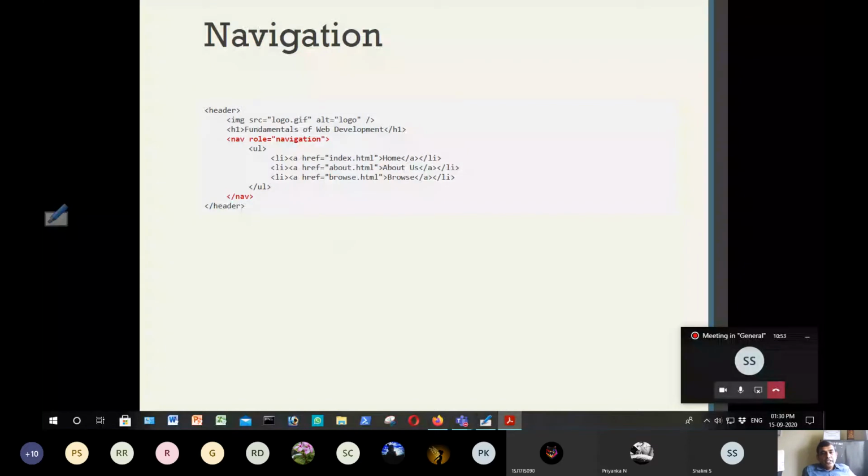Now try to see here, there is a header tag. Within header tag, image tag is there, H1 tag is there. So next you have an unordered list, UL, within which list items, LI, are there, where we are using anchor tags index.html, about.html and browse.html. That means there are 3 list items which we have created using anchor tag. So when you click on home, it will go to index.html. When you click on about, it will go to about.html. When you click on browse, it will go to